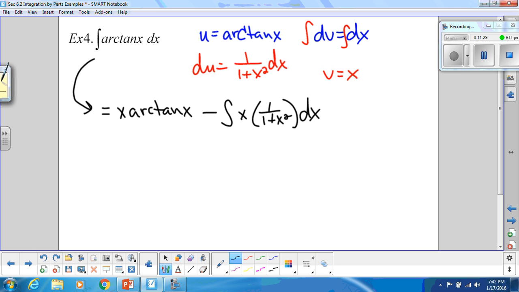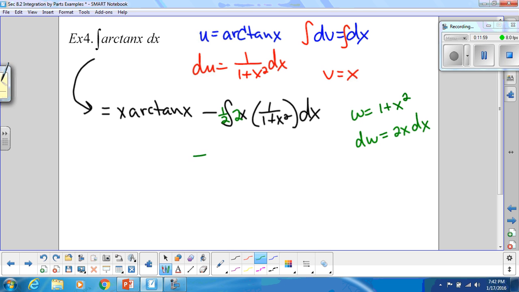Remember that we would use u substitution here. We don't want to use arctan because we have this extra x here. And I don't want to use u substitution because I already have u designated as arctan of x. So I'm going to use w as my substitution variable. I'm going to call 1 plus x squared my w, and remember our dw would be 2x dx. So I have the x dx, but I don't have the 2, so we'll compensate for that outside with the